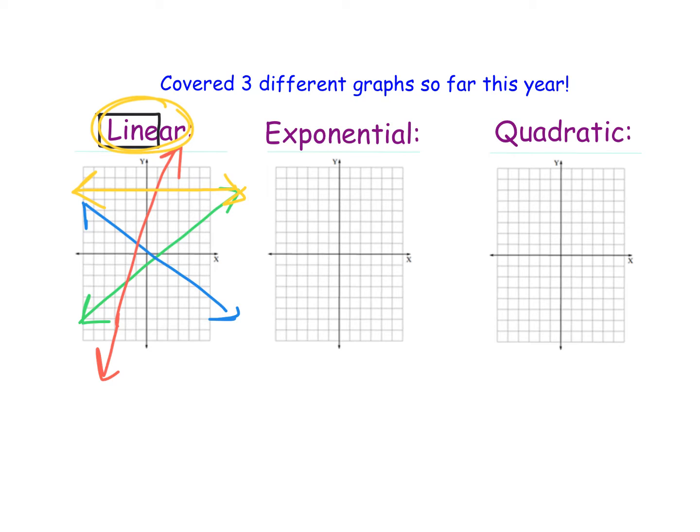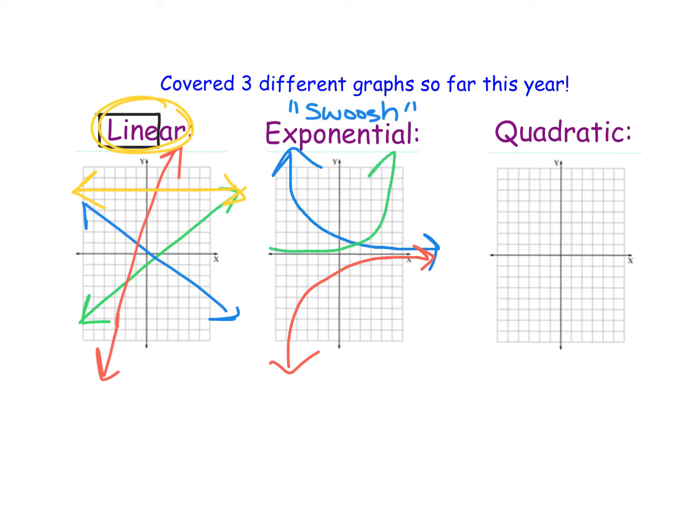Now the second graph that we've been exposed to this year is called an exponential function. And that was typically what I called our swoosh graph. That's not really what the shape is called, but it looks kind of like a Nike swoosh. So an example of what this looks like is it literally looks kind of like a swoosh. Now my graph isn't great there, it's a little wonky looking, but you can see that it has that general swoosh shape to it. And what happens is one end grows up or down very, very quickly, while the other end actually gets very, very close to that